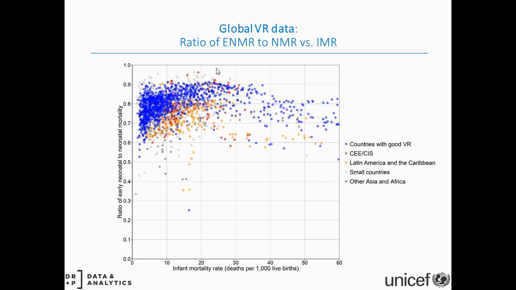So here you can see the ratio of early neonatal mortality rate to neonatal mortality rate also started declining at a certain level for some countries. And the majority of the data points are above 0.7. And I think Connie did some analysis for Western European countries. On average, it's 0.77, something like that. And also, based on some studies on DHS and the mixed surveys, this is also around 0.7 for developing countries. So it's a very high proportion and ratio.